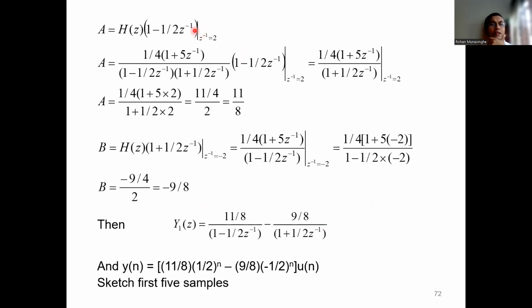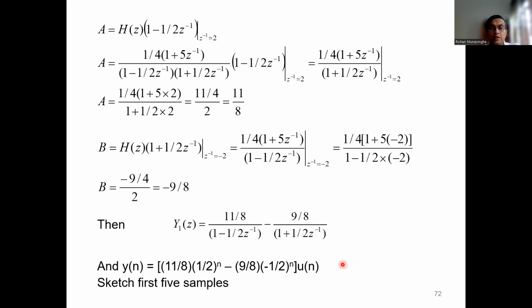So this is the cover-up method for A. You substitute Z minus 1 equals 2, and you bring it through. Eventually, A is 11 over 8. And if you do that for B, you substitute Z minus 1 equals minus 2, and the answer is minus 9 over 8. Then you substitute for A and B, 11 over 8 and minus 9 over 8, and you have these nice first-order